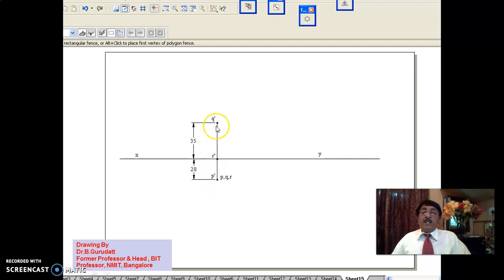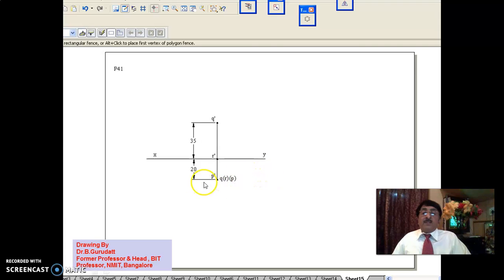In that way, you have completed a very good problem where you have managed 3 points located in the first and fourth quadrants. Now looking at this problem itself, you can say, since PQ are common, once you look at this point XY and Q dash, R dash, P dash and all that, this is problem 41 in the VTU textbook. If you look at this itself, you'll be able to say, when you're looking from the top, Q is nearer, R is away, P is away, Q bracket, R bracket, P.